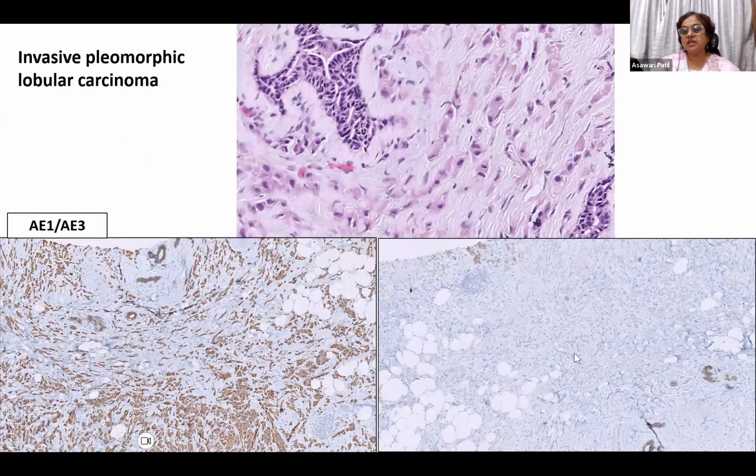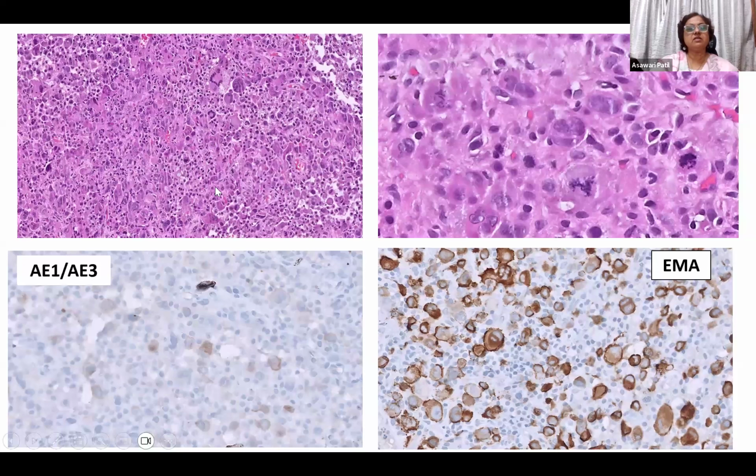But if you see, this E-cadherin is negative, while in some areas it is positive, which is a benign internal control, indicating that the IHC is working, but the expression is lost in the tumor cells. Similarly, this is a sarcomatoid carcinoma with osteoclast-like giant cells, and we can see that AE1/AE3 is very focally positive, but